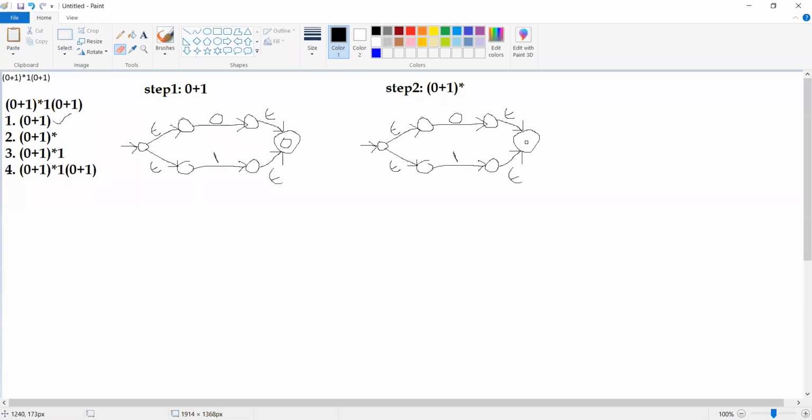Here we will get a new initial state with epsilon transition, and a new final state with epsilon transition. What is the reason why we are introducing a new initial state and final state? The reason is, when I say (0+1)*, it has to accept epsilon.